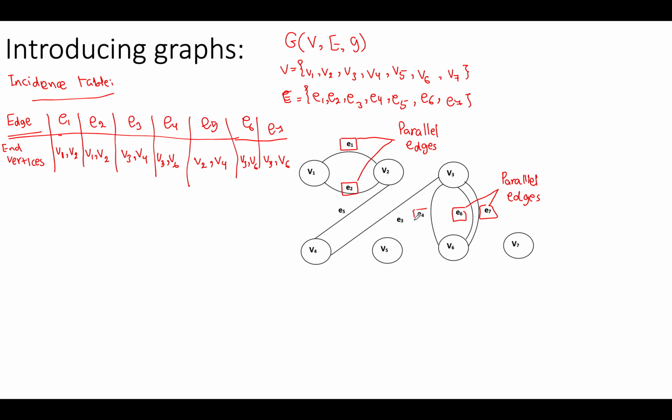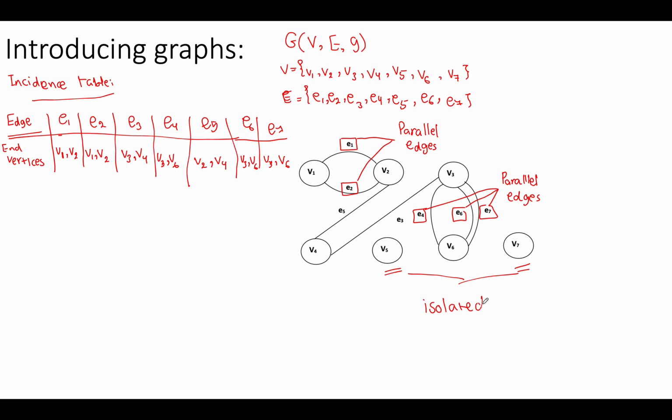Also, E4 is connecting the same endpoint. So here we got 3 parallel edges. All right. Another thing is, if you notice here in the same graph, we got V5 and V7 with no edges. So we call those vertices